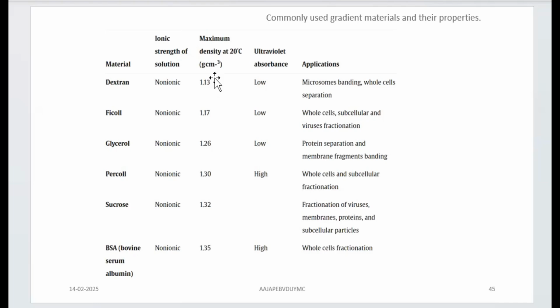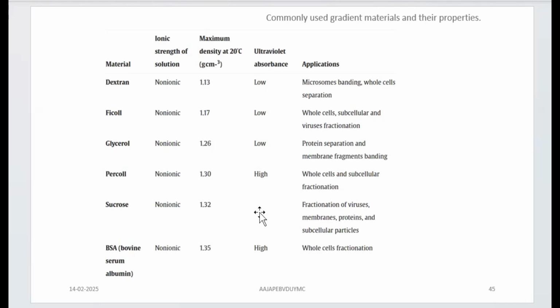Now, why is column number 4 there? Ultraviolet absorbance. So this is the material which is held in the tube and which is having the material or particle to be separated. When the separation is going on, are you able to monitor the separation process? Are you able to scan what is actually happening? Yes, that is possible by attaching other analytical instruments to the centrifuge. And one of them is a UV scanner that you can attach. So it is very much required that your material should not absorb UV. The gradient material should not absorb UV, and only then would the molecule under study be characterized by